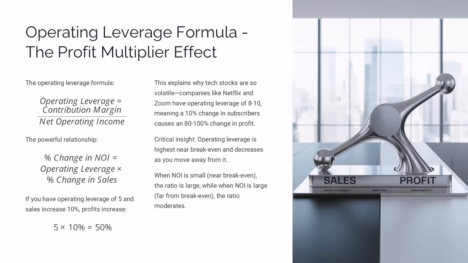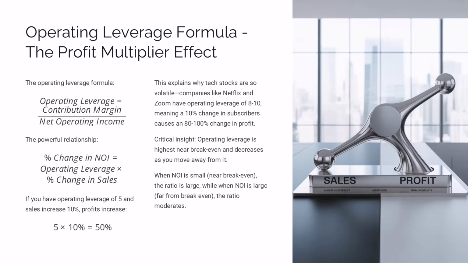When Microsoft transitioned Office to a subscription model, they dramatically increased operating leverage because subscription revenue is predictable, allowing them to commit to higher fixed costs knowing that any growth would multiply into profits, which is why their stock has increased 600% since the transition.